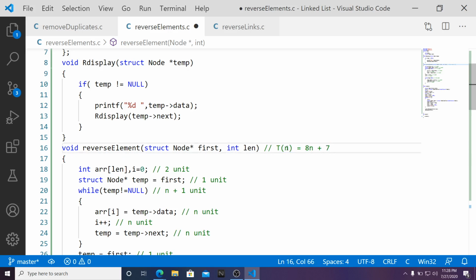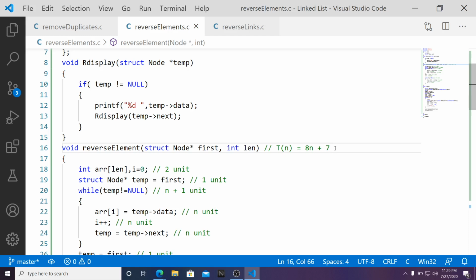Now it is a linear polynomial equation. So when it is a linear equation, you can say that the time complexity is going to be order of n. But before just taking it as order of n, let me also go to reverse links and find the time complexity. Same equation we will find, because if two algorithms are linear time solutions, then how to compare them? When two algorithms are order of n time complexity, then we have to check the exact equation. With the equation, if one equation is greater than the other, we can differentiate by that and say which one is actually the better one.